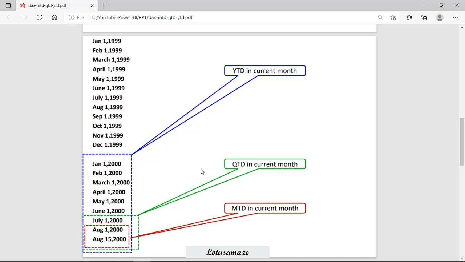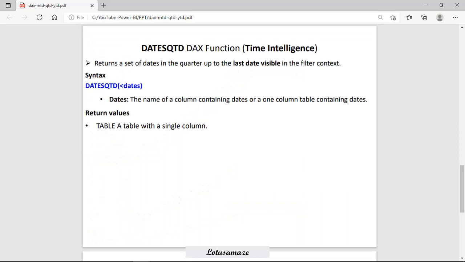It means this QTD will pick the dates for this quarter from July to August. Now YTD, the current year, will pick the dates from January 1st 2000 up to August 15, 2000.